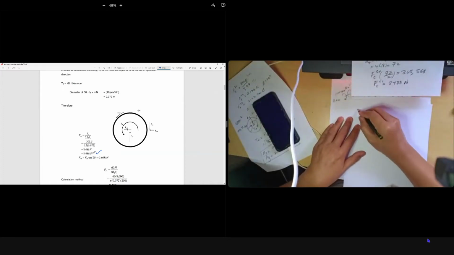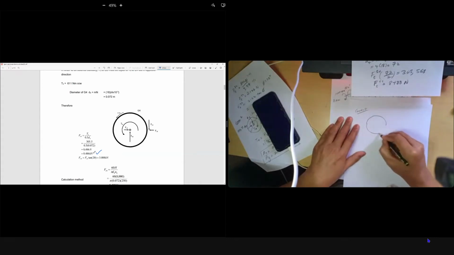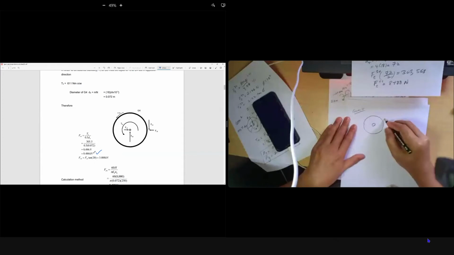Okay, gear 4, I draw it again. So this is your gear 4. So like this lah, because F tangent 54 tu dia downward. Yang ini F radius always pointing to the center. F radius 54. So F tangent 54 is